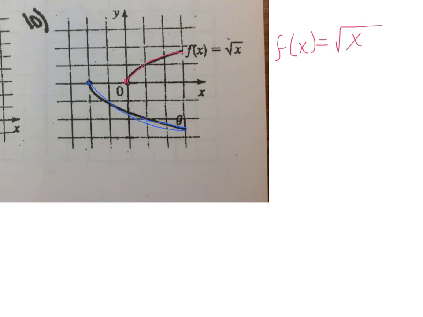Now for the blue, if you notice, it moved 2 to the left, and it did a reflection, because if it only moved 2 to the left, it would have looked like this. But now look,